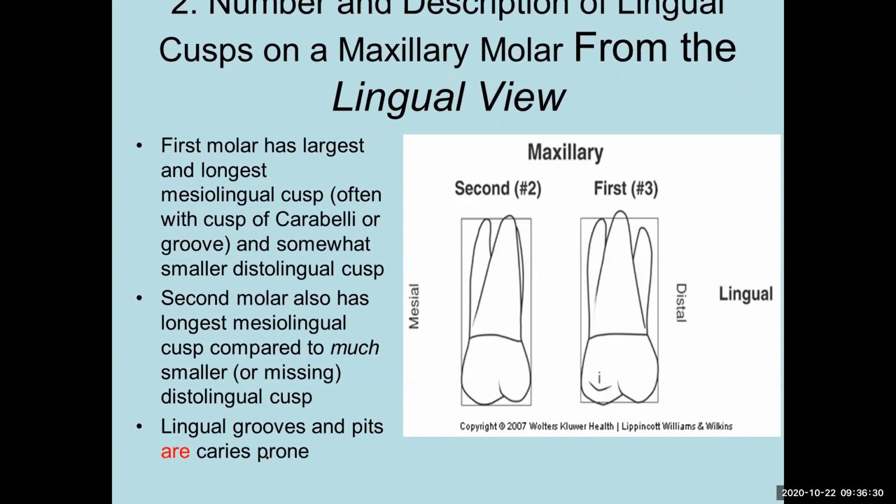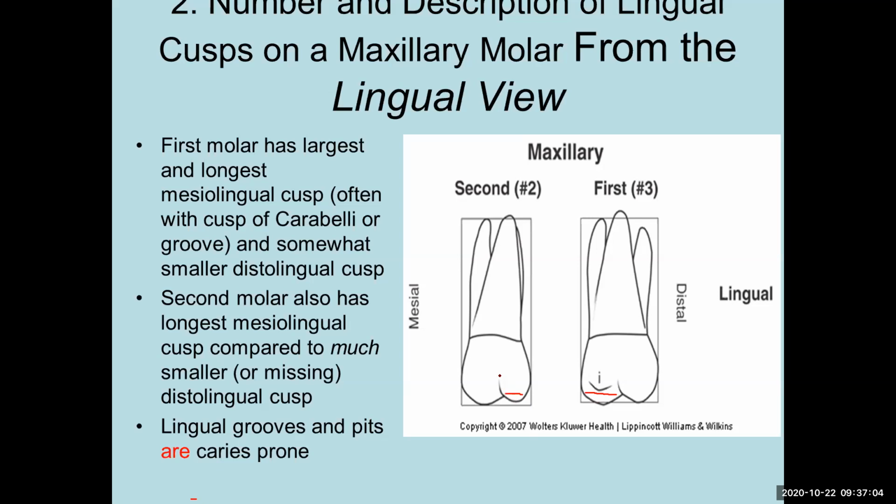First molars have the largest and longest mesiolingual cusp, often with that cusp of Carabelli or a groove, and a somewhat smaller distal lingual cusp. The second molar has the longest mesiolingual cusp and a much smaller distal lingual cusp, or sometimes even missing. So the distal lingual cusp is this: second molar,